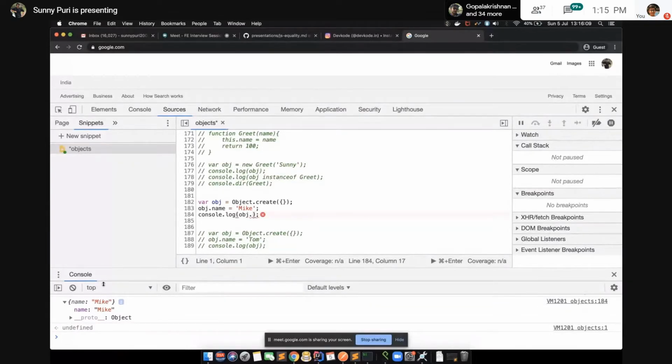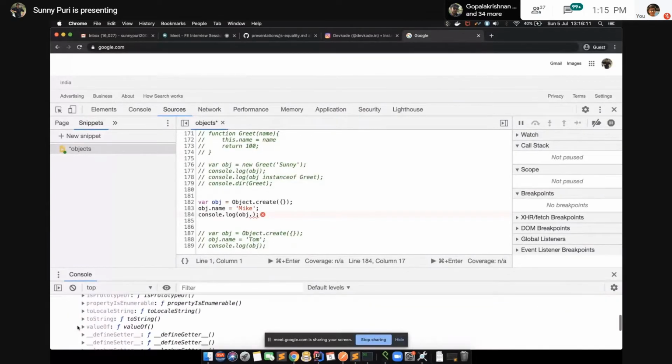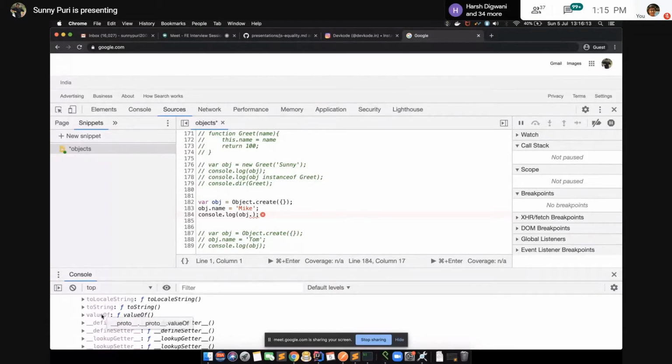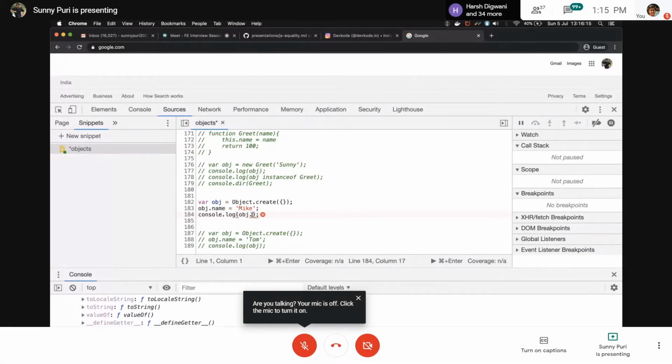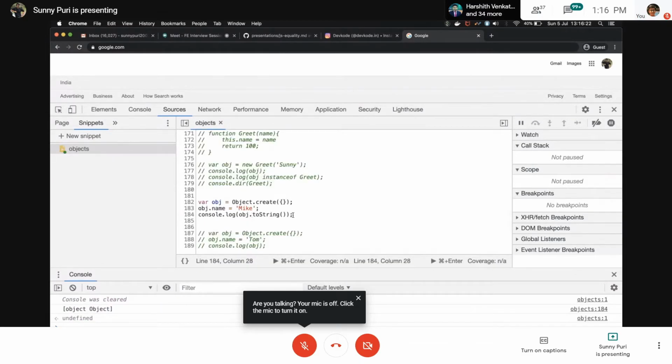It means when you do it like this, we have toString, or valueOf. Let's say toString. What will toString do? We have covered these things in the previous class. It will print the value in the form of objects.